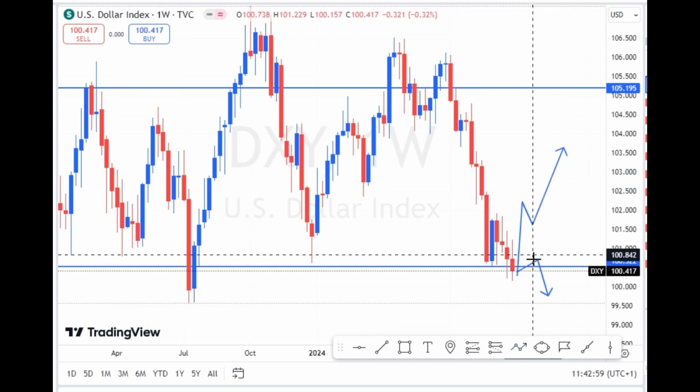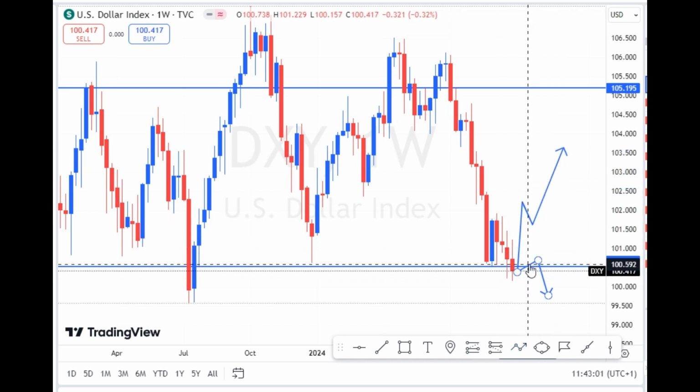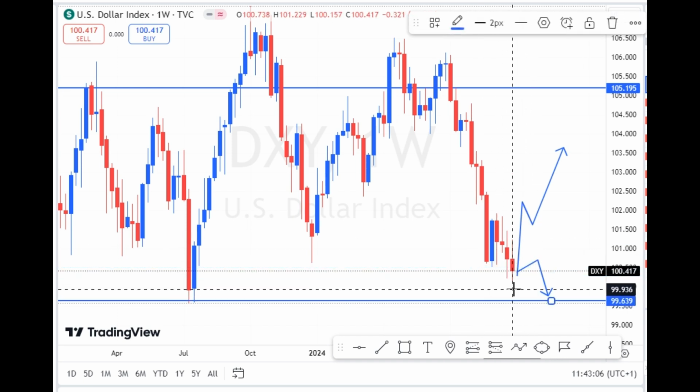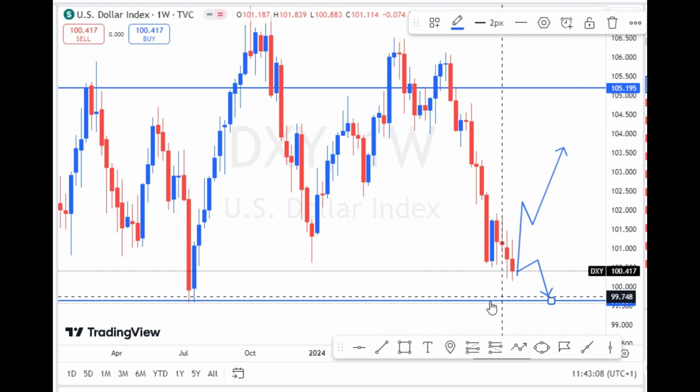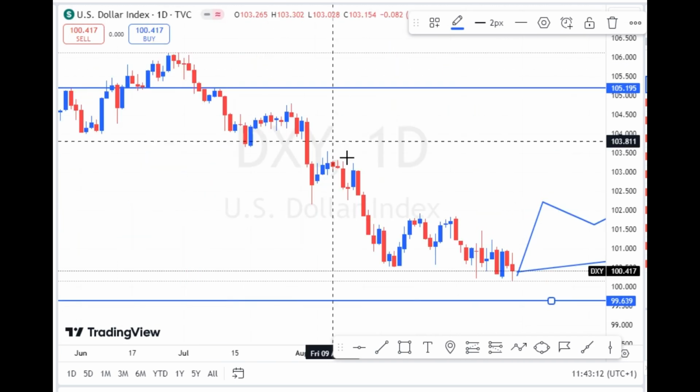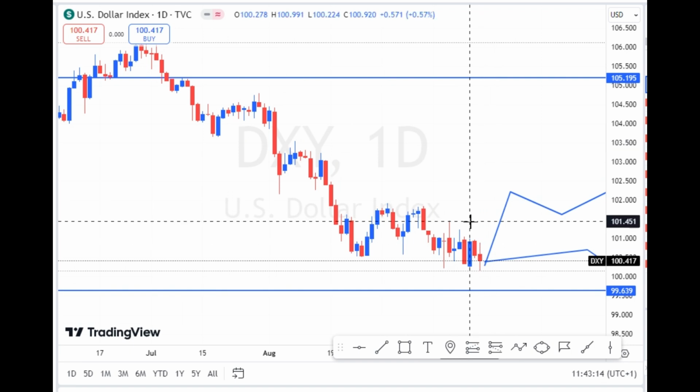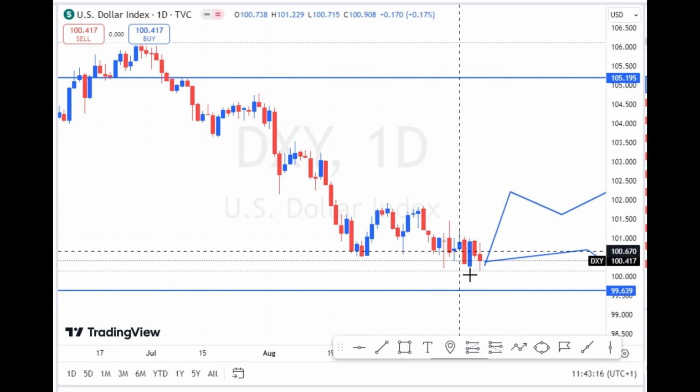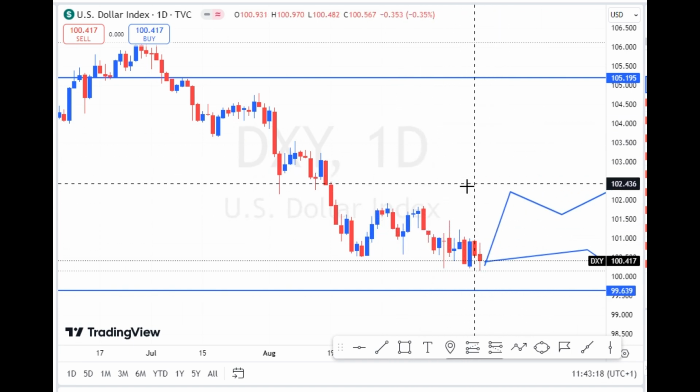So for now, our major scenario is that we'll be looking for a sell opportunity for the dollar index, or price to continue to go down for the dollar index to this support level. So we'll be waiting for a price action setup on the daily chart before we take any possible entry for the dollar index. Our next pair now we'll be looking at is the